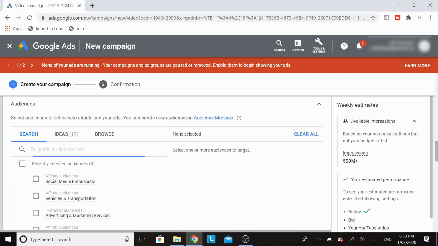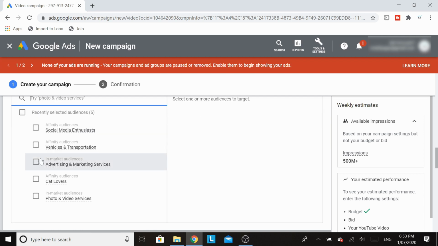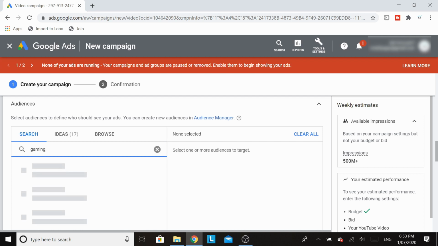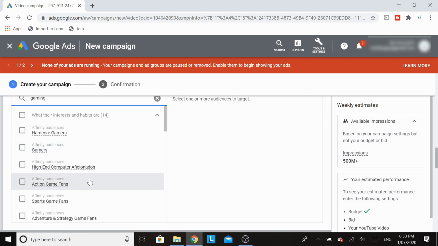Now generally I like to test different ads and only try one of each of these different targeting options, which I'll show you in a minute what I'm talking about. But anyway, so for the audiences, let's use a gaming channel as an example. So if we type in gaming, it will give us a few audiences we can target on YouTube. So